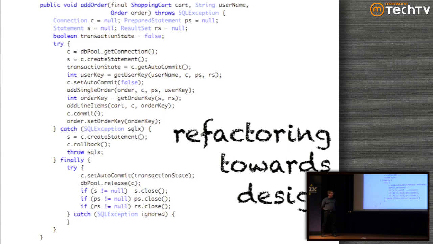Even an experienced Java developer would have to read through more or less every line of code to figure out what's really going on there. You can't look at it and tell what it does, so how are you going to look at it and tell what design is there? So what I want to do is refactor this code to get it to the point where I can actually read it and understand what it does.